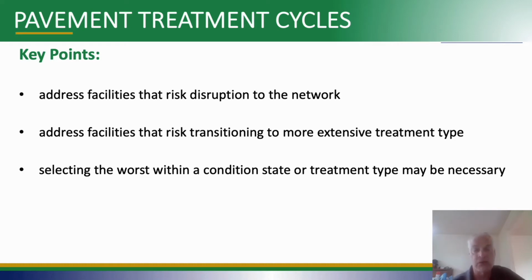If you have more miles that need seal coats than what you can do, which ones are the ones you better do now, or else the seal coat will no longer be effective. And then you would have to do resurfacing, which is even more expensive. So you want to make sure that you don't miss the opportunity to do proper preservation. And that means selecting the worst within a given state or treatment. That's the same thing as saying that you want to do the ones that are the worst but still appropriate until you can get caught up. Eventually, it'd be great if everybody was doing preservation at the early points to keep it at a higher performance level. But the reality is sometimes you have to do them before they fail.